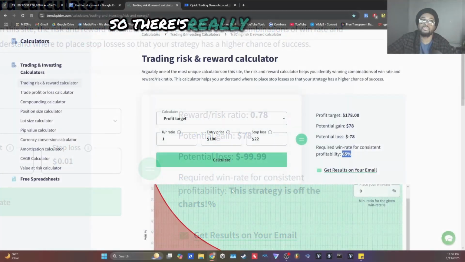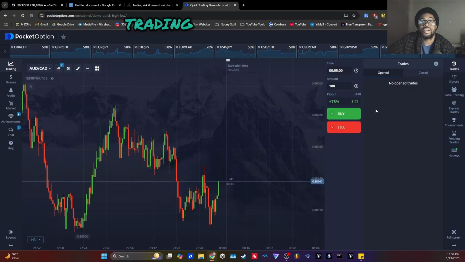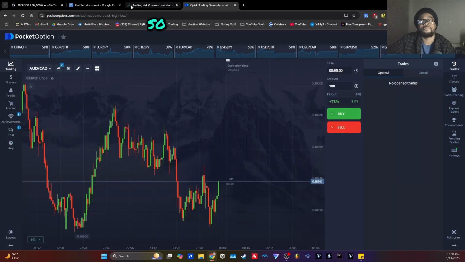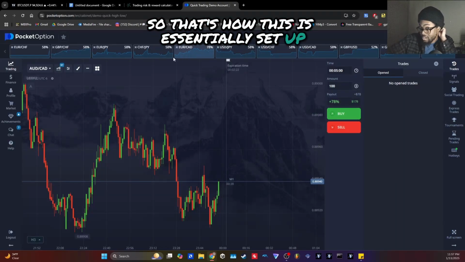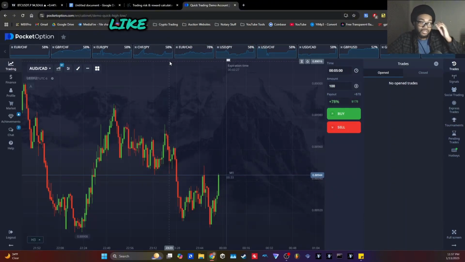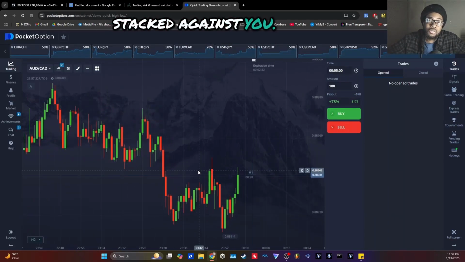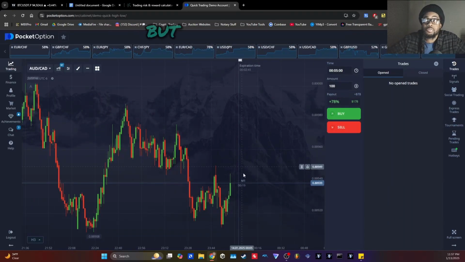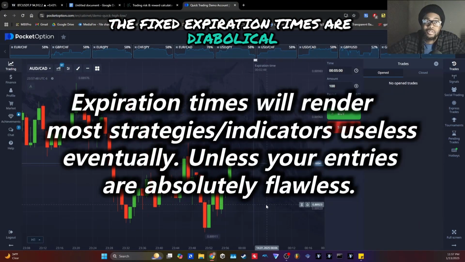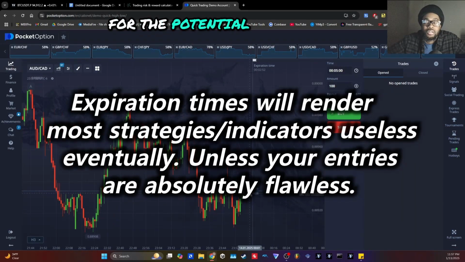Right? So there's really just so much more unnecessary risk trading with this risk to reward ratio. So that's how this is essentially set up to steal your money, because they know this. The platforms know this, and they know that the odds are literally stacked against you. Not only is it risk reward ratio, but expiration times. The fixed expiration times are diabolical because they only give you so much time for the potential move to even